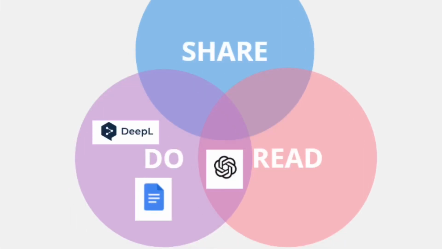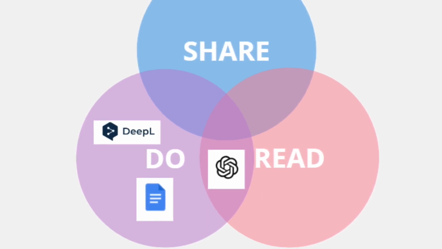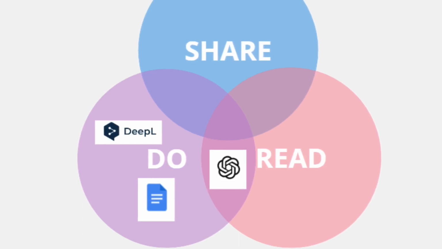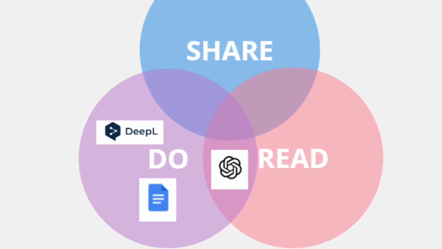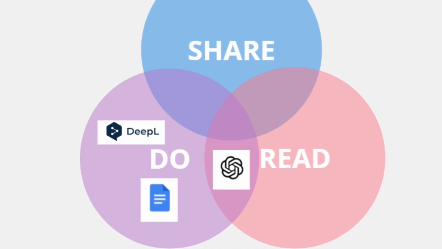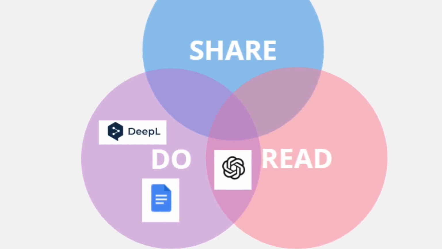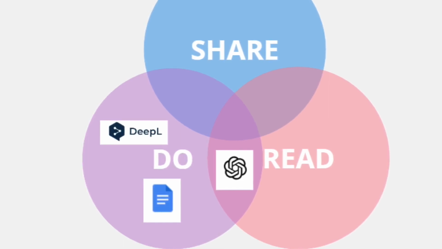Now we have ChatGPT, which belongs to both the Read and the Do section. I use this app a lot, for example, for searching for some information and asking questions that I didn't understand at all, which explains why it belongs to the Read section, but also for organizing, administrating, and summarizing some information that I had previously obtained from other places, explaining why it belongs to the Do section. I will certainly keep using this app in the future.